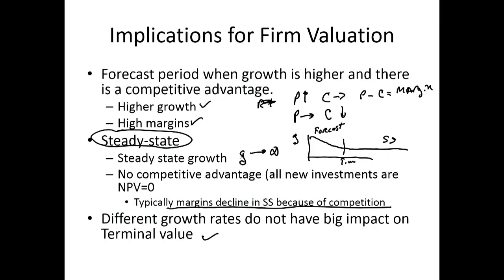All right, so let's go back over here. These are some key takeaways that I would like you to think about. We have a forecast horizon when there's higher growth and higher margins. In steady state, growth is going to be lower growth forever. Also in steady state, there's no competitive advantage, and the margins you use in steady state should reflect that. And if we do that, different growth rates do not have as big an impact on the terminal value. All right,